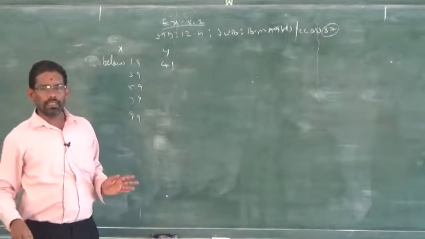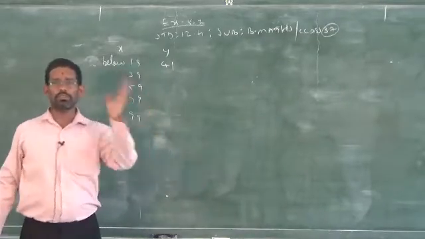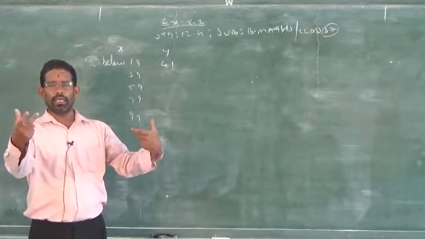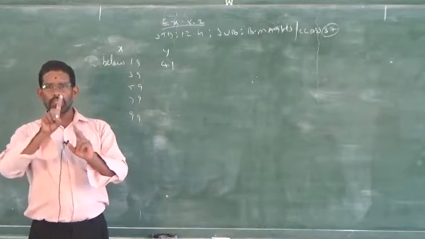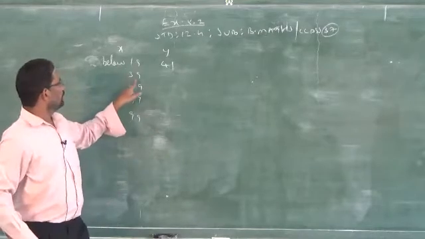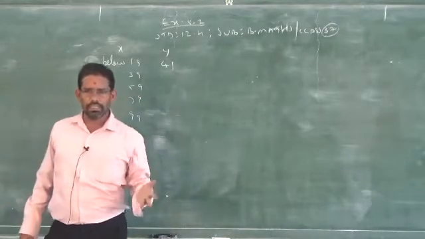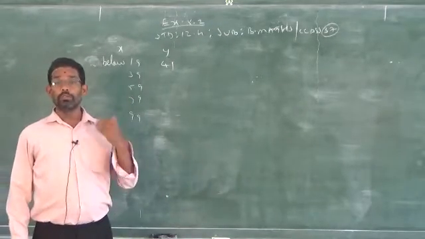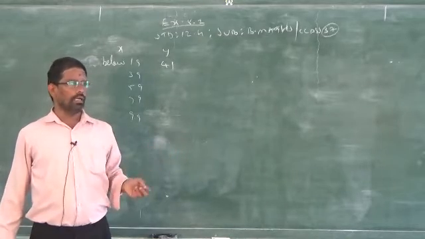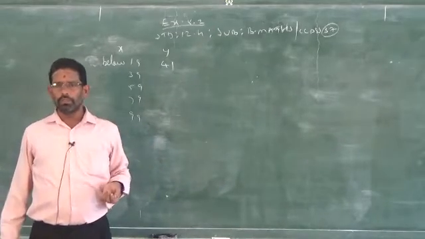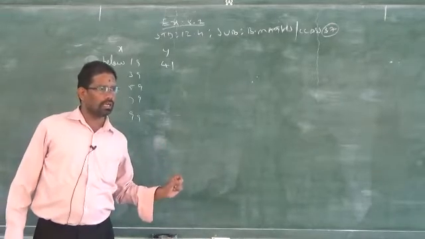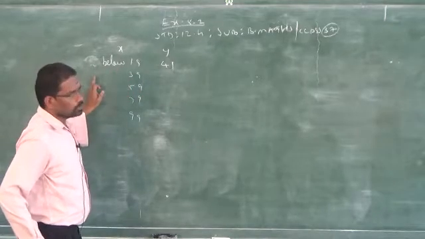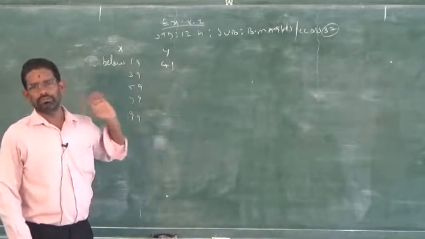What is meant by less than 39? It is starting from 0 to 39, that is 0 to 19 plus 20 to 39. So you have to add 0 to 19 plus 20 to 39; that is the meaning of less than 39. If I am saying less than 10, what does it mean? In natural numbers it is 1 to 9. Write down the natural numbers less than 50: 1 to 49. Likewise, if it is less than 39, you are supposed to take the data from 0 to 39.